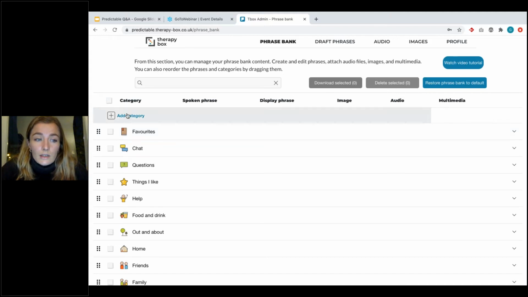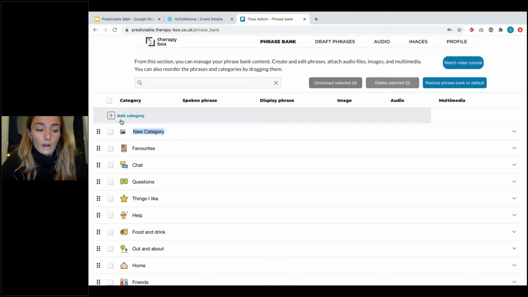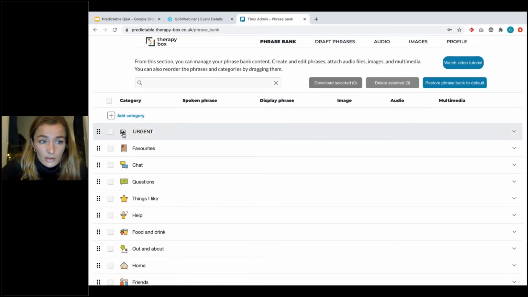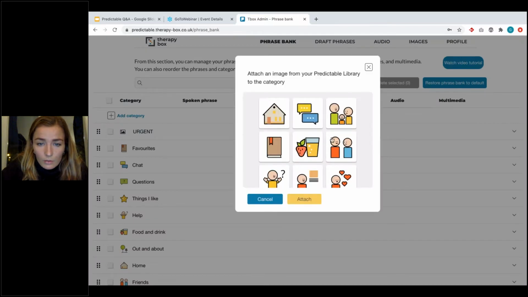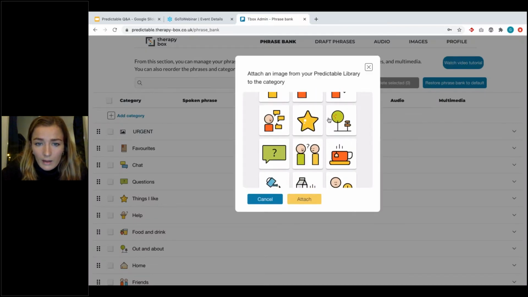If I want, let's say, to create a new category, I want to have something called urgent for urgent needs. So as you can see, I just tap on the title of the category, and then I can edit it. I want it to be called urgent. Then I'm going to select this image icon because I want to add an icon.